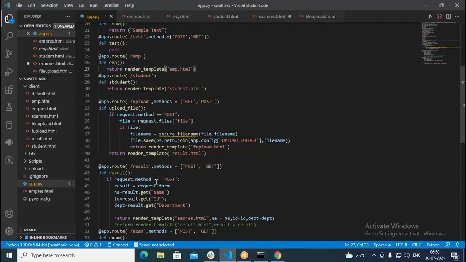So in the result root, we are retrieving those values and redirecting to another page. We are sending it to another page here. On another page, it's getting printed for us. You see here, return render template express.html, na equal to na, id equal to id, dept equal to dept. Like this we are sending. And when we look at here